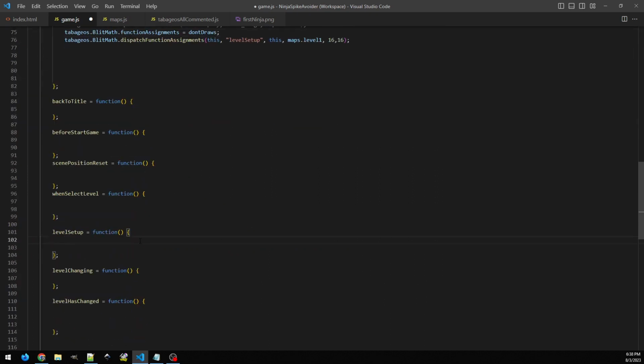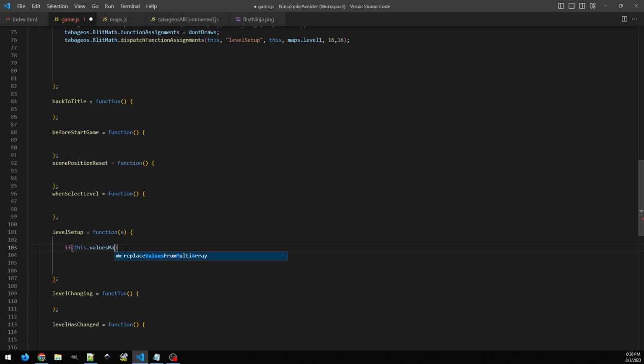Okay, so inside of level setup, which is the method it will cause to happen, this will get an E event, which is a pattern action event that will be passed to it. So for example, to place coins, we'll say if this.values match, which is just a generic method that matches two arrays,